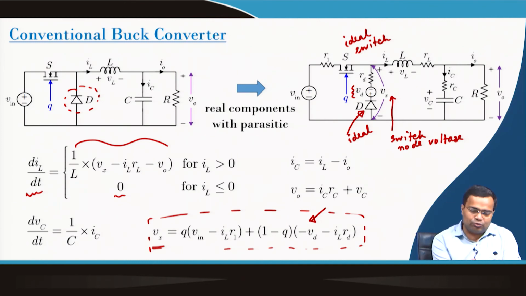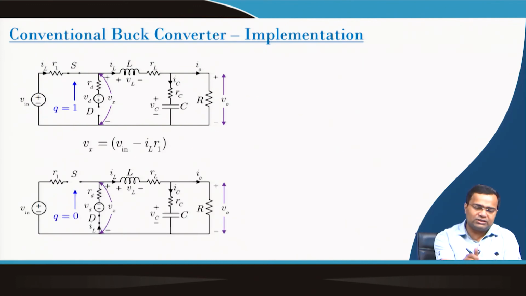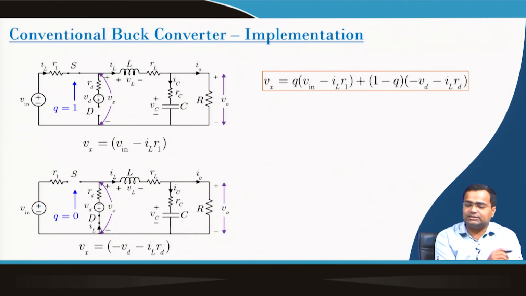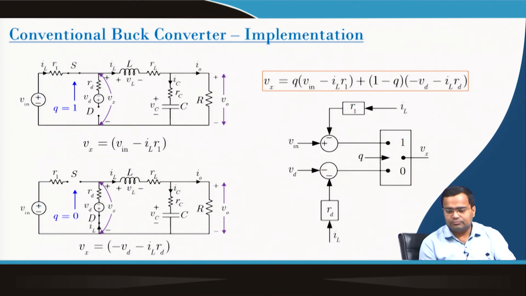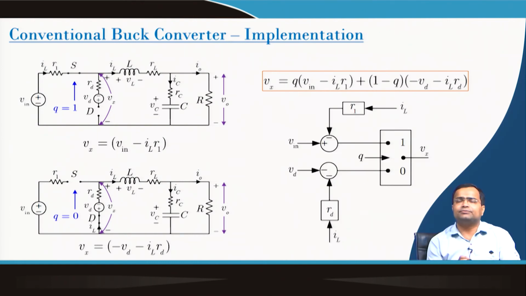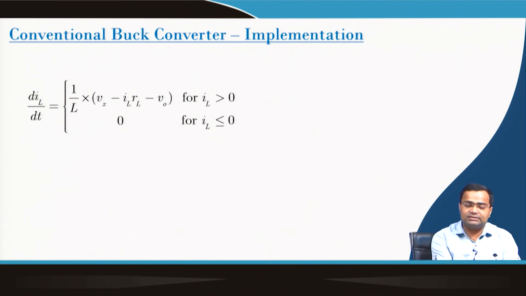But due to this 0 current logic, which is the discontinuous conduction mode, we need to do something a little different. That means, we know when the switch is on, this is a condition, when the switch is off, this is a condition, and along with diode reverse, without 0 current, this is straightforward when the current is positive. We already have this for the synchronous buck converter, only we are adding this particular block. But what happens when this 0 current logic comes in? So, how can you realize it?